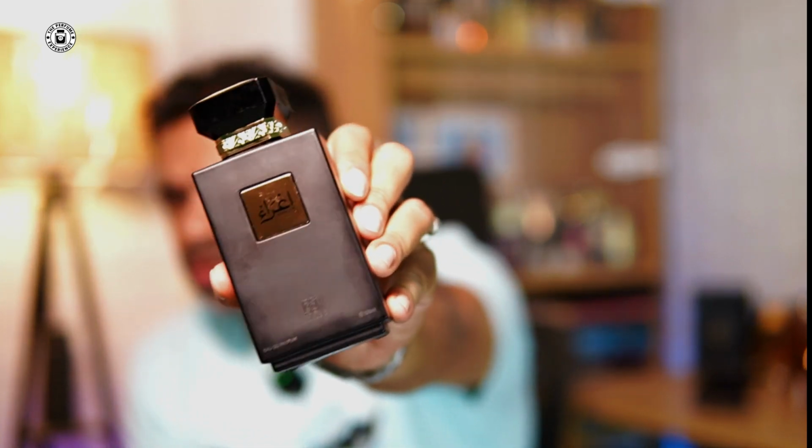The Ighraa is the right type of fragrance for you to wear because this actually smells so very good. And I'm quite surprised, or shocked rather, why no one actually talks about this as an excellent alternative to the Sauvage Elixir. So that's what I've been wanting to talk to you about, and I think it's a very good value for money fragrance, especially for folks who like a beast mode scent, fragrances that are sub 3000 but actually last through the whole day,